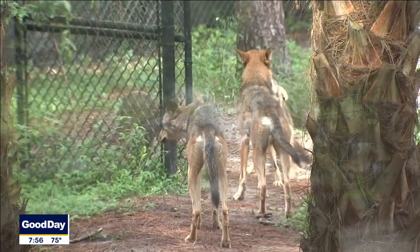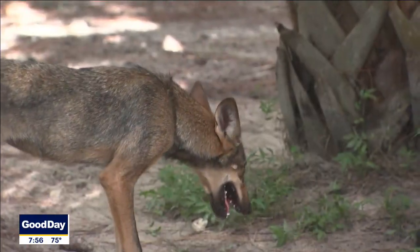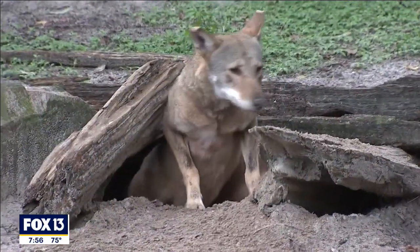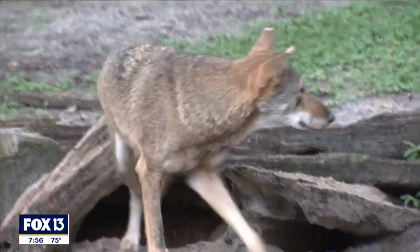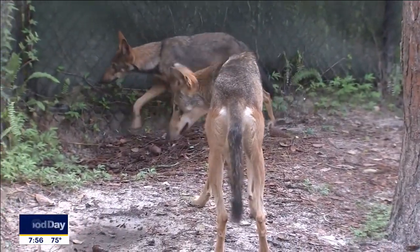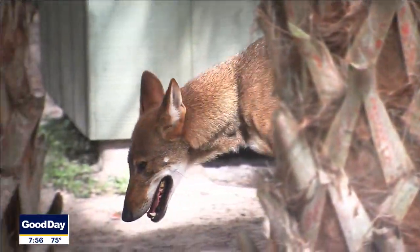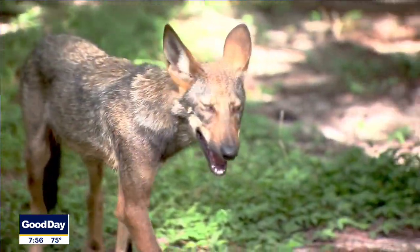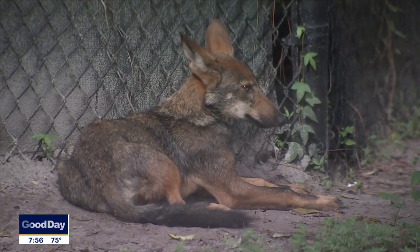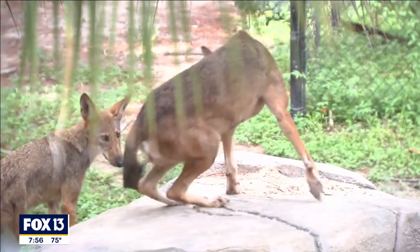We actually have quite a few red wolves, and we are part of the species survival program to basically try to bring the species back from extinction. The red wolf used to roam all over the southeastern United States, and then over time with habitat loss and more people living in the areas, the population as a whole has really decreased, and now they're only found in North Carolina in the wild, and really at this point they think there's only about 20 of them left in the wild. We're part of a breeding program here at the zoo, and there are actually about 240 wolves in